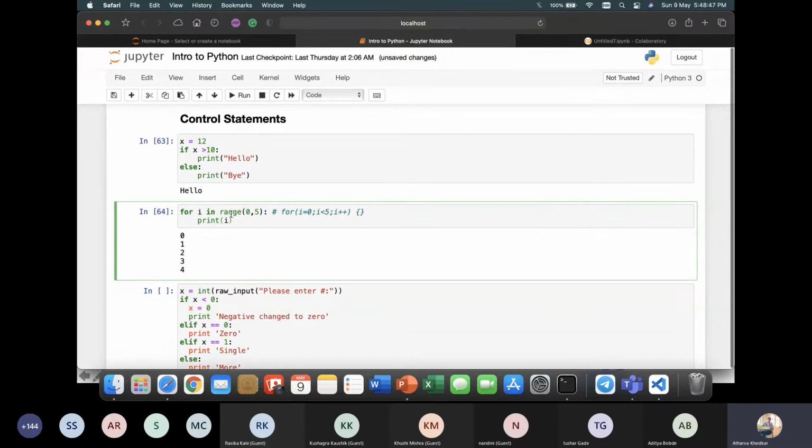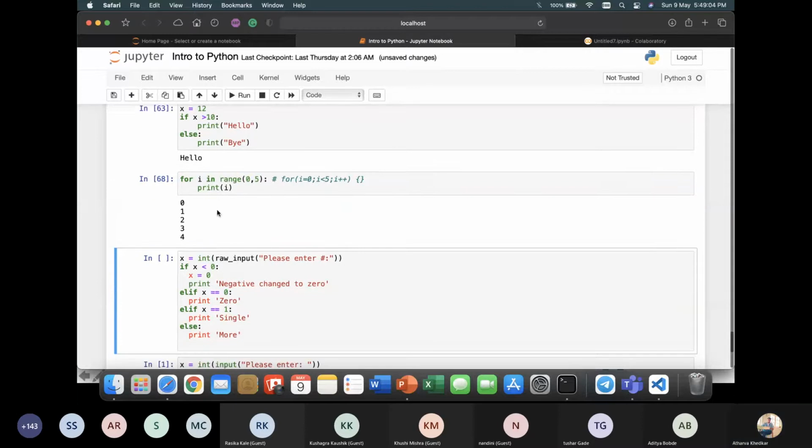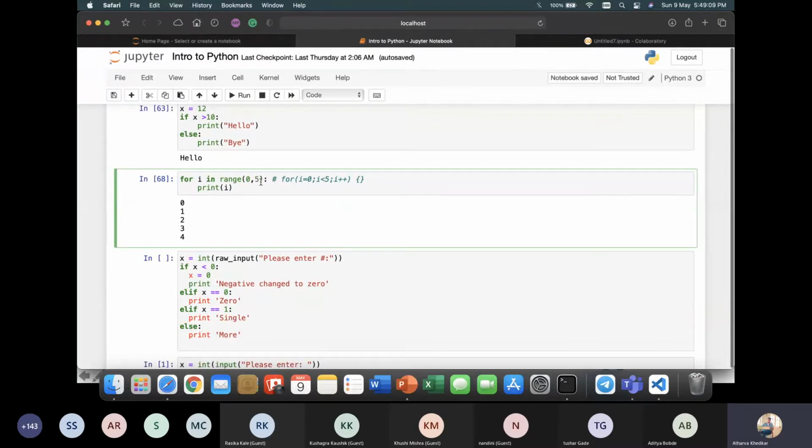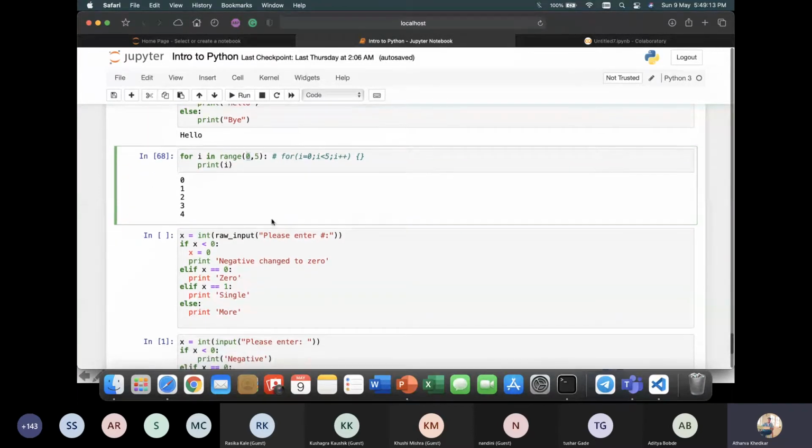So for i in range, range is basically an inbuilt function in Python, and what it does is that all the values in the range are selected. When you print i, it will be printed. As I said, the end number is not considered, it's exclusive, and the first number is inclusive. So that's why it's only till 4.